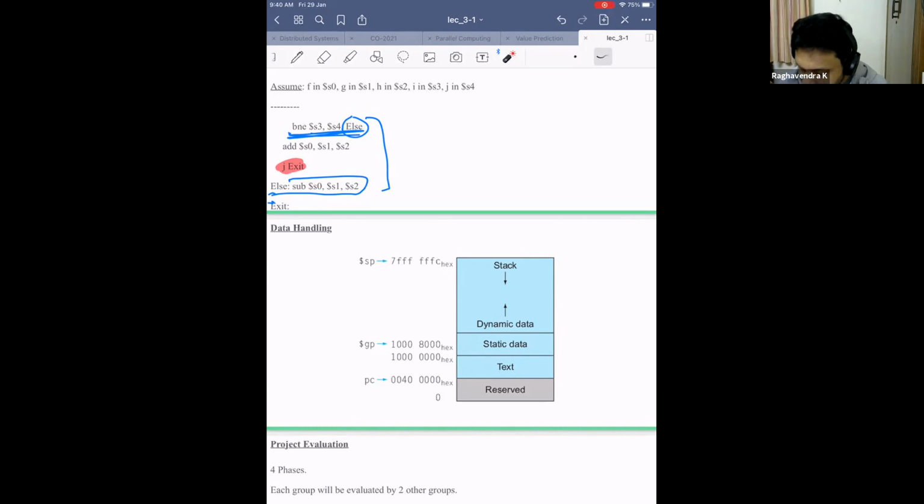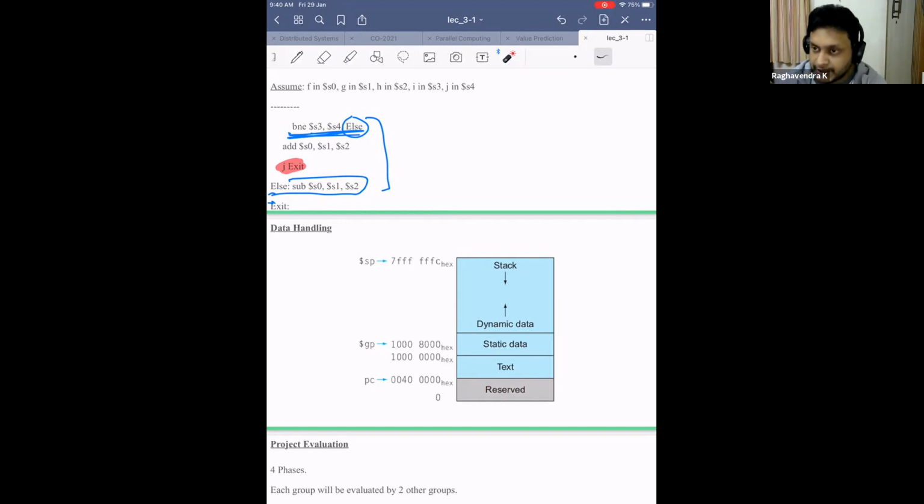Okay. There is also something called the global pointer here, and whatever program you give to the system is stored in the text space. The reserved space is for handling interrupts. MIPS here doesn't have an operating system, so it's generally to handle interrupts and other things. There will be some predefined code lurking around here, which might handle a keyboard interrupt or a display input interrupt or whatever it is. So this is how you organize the data, not just in MIPS but in most processors.